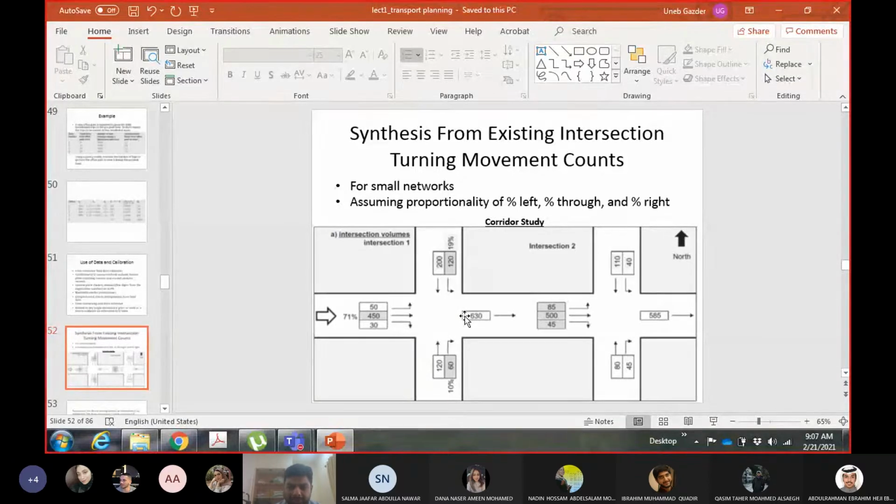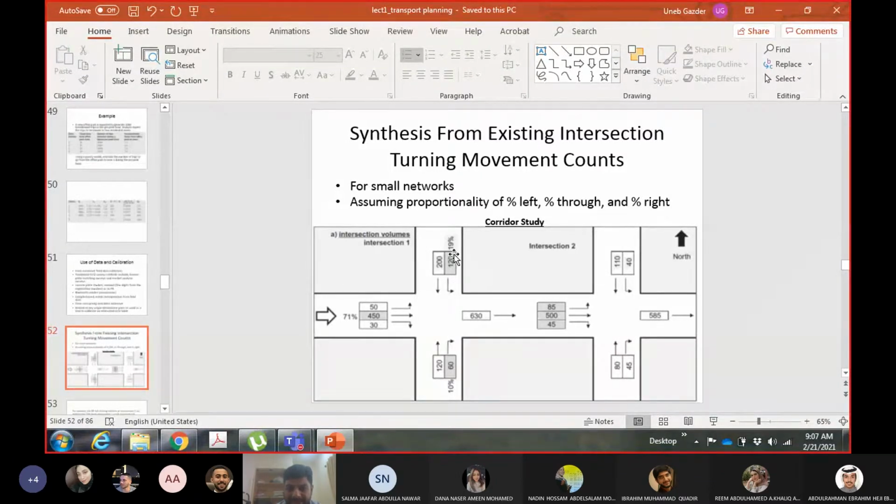Now out of this 630, 450 is coming from here straight. This 450 is 71% of 630. You already know it is 450, and you already have the count from this intersection, so you know this is 630. So out of 630, how much is coming from this zone, which is 71%. Then if you come here, out of 630, 120 is coming from here, so this is 19%. 120 is 19% of 630.